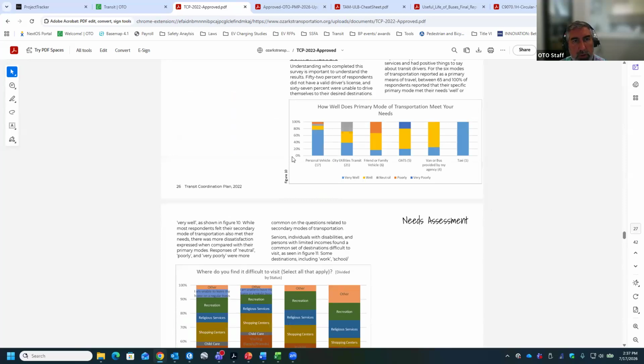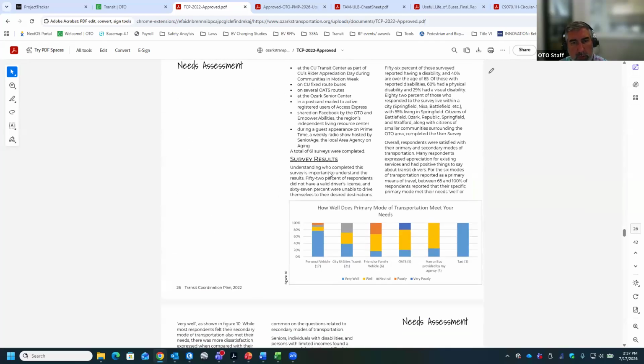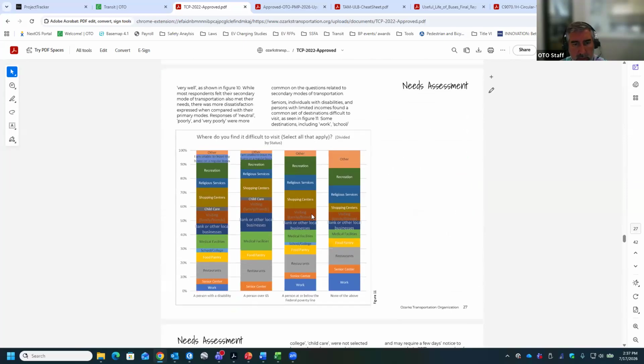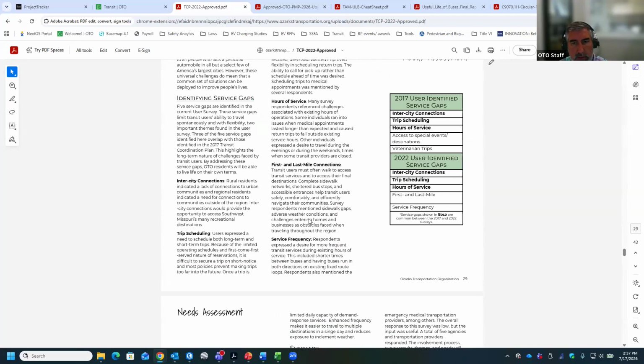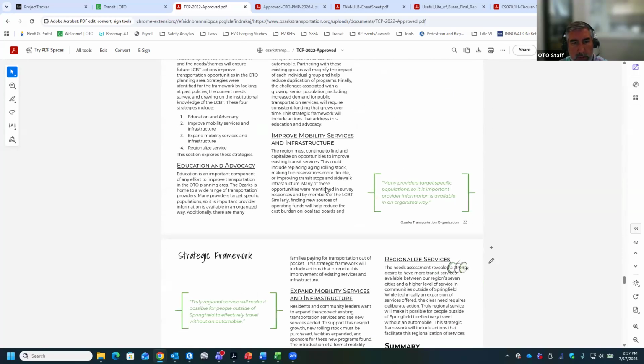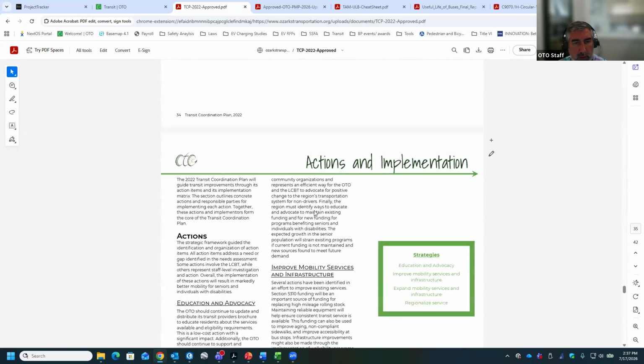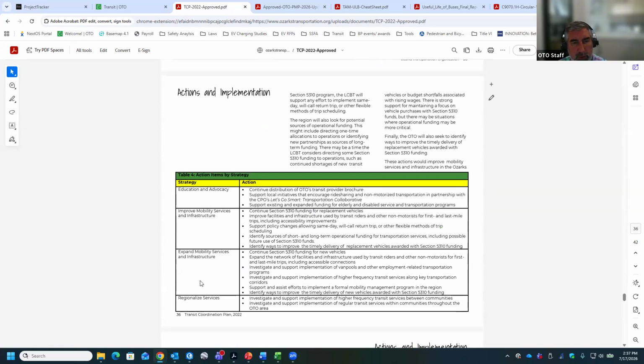And then I have it pulled up here. It's also on our webpage. So you see there's a needs assessment, which talks about what users identified back in the day as issues, so you can relate to that, how you address any of the needs they had. And then if you scroll down a little further, and I'm trying to scroll not too fast, you get to our strategic framework where we have those four goals. Again, there's a description and then a table talking about the four strategy goals and action items underneath. So it's an orientation on how you could answer those questions.